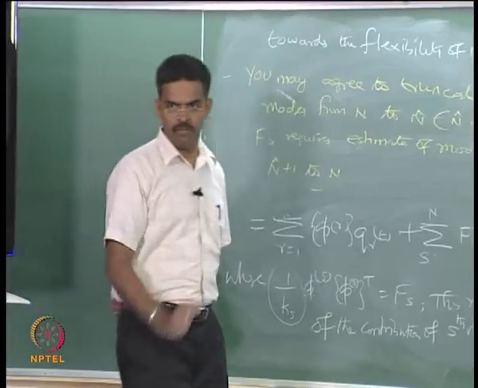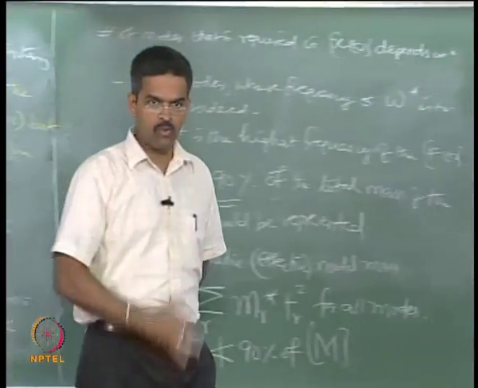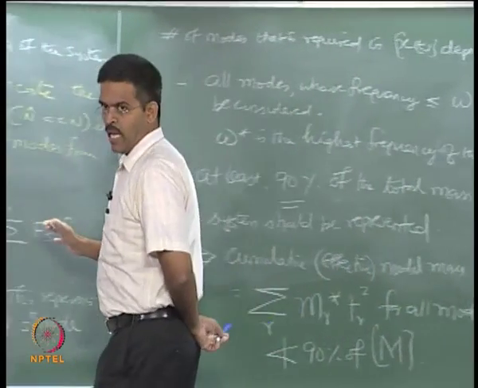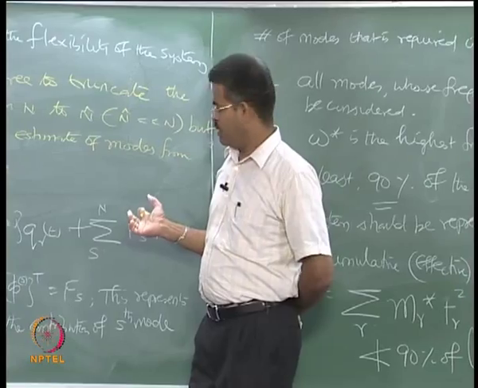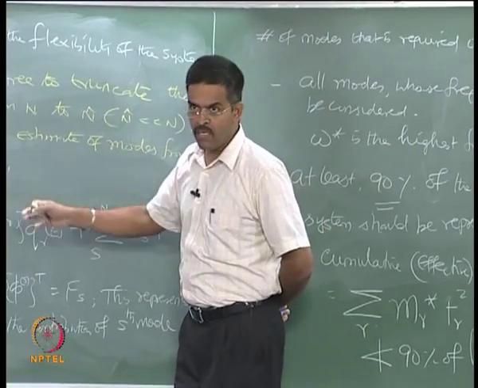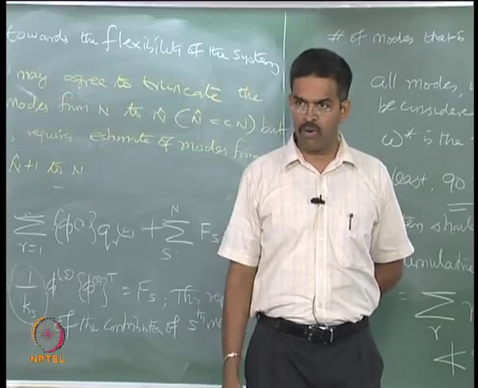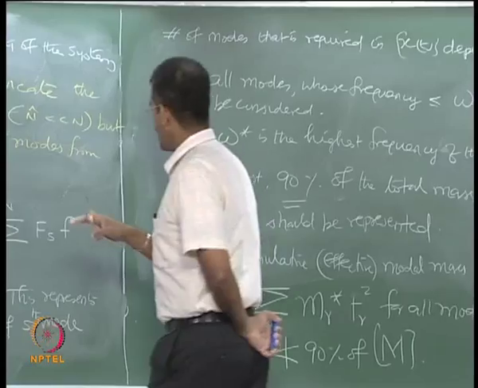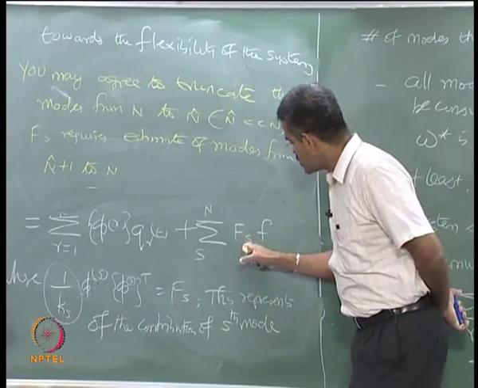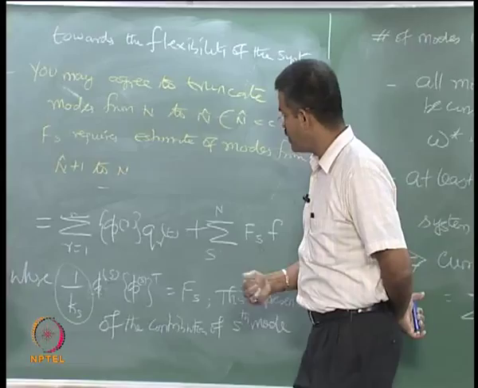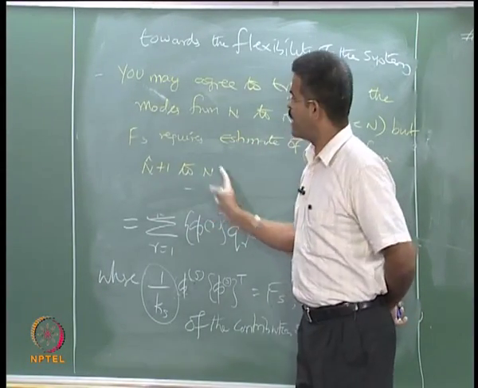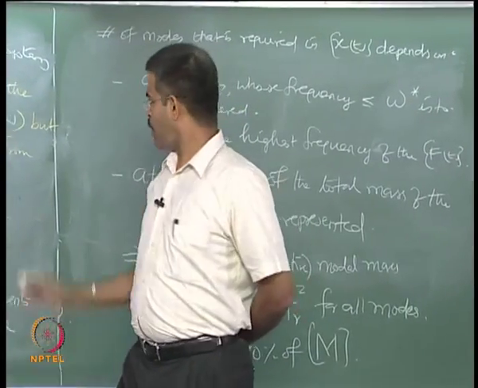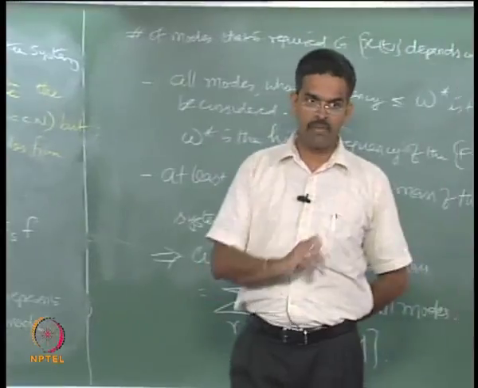Okay, how to get rid of this problem? See, my original problem is I do not want to compute all the modes. I agree I can truncate, I can do a static correction. When I say static correction can be applied, because the dynamic effects in higher modes are not represented, when I start evaluating f of s, I require this s value which is contributing from n hat plus 1 till n. It means practically I have to have all the modes in front of me. This problem is intelligently gotten rid of in dynamics. See how we are doing it.